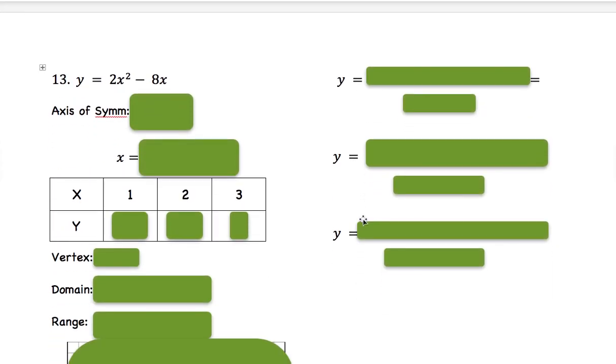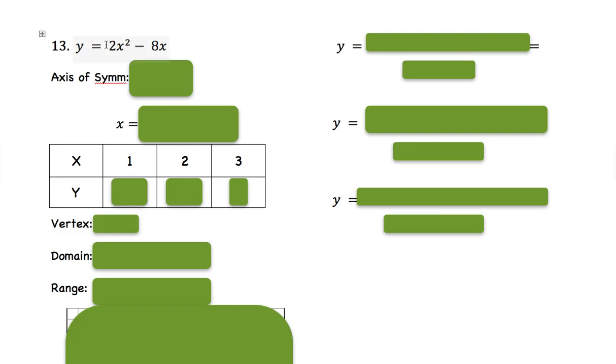Number 13, we have this equation, y is equal to 2 times x squared minus 8x. And I need to find the axis of symmetry. I need to fill out my table. I need to find my vertex, my domain and range, and I need to graph it. So first of all, to find the axis of symmetry, we need this formula. It's going to be x is equal to negative b divided by 2a is the formula we're using for